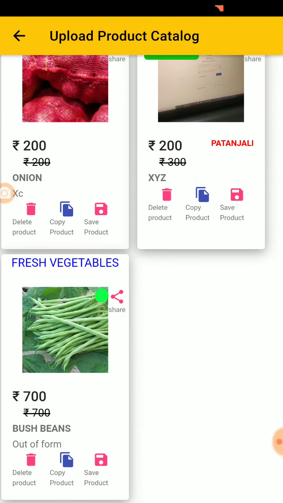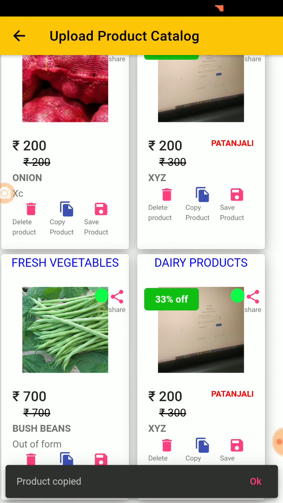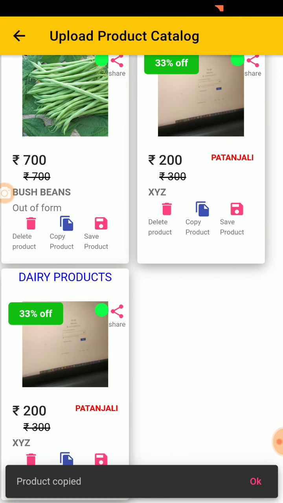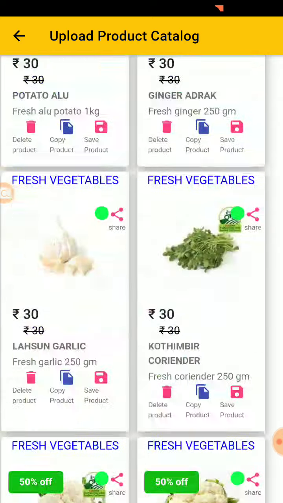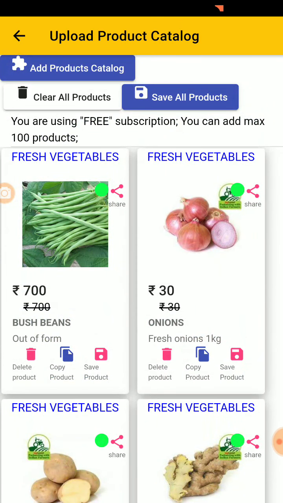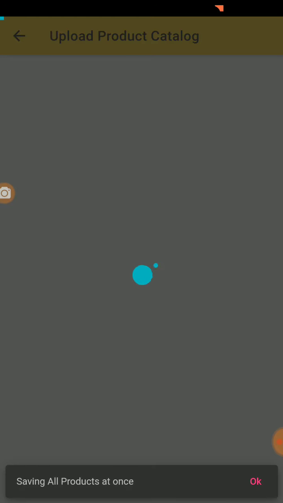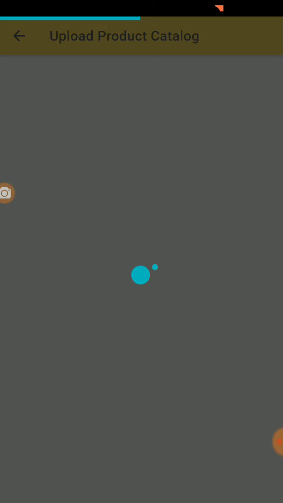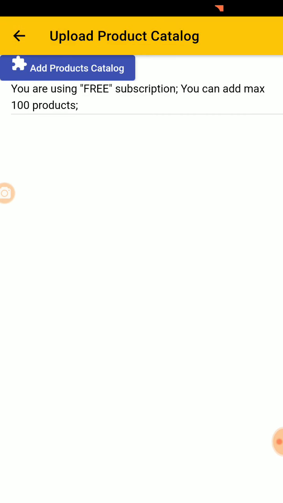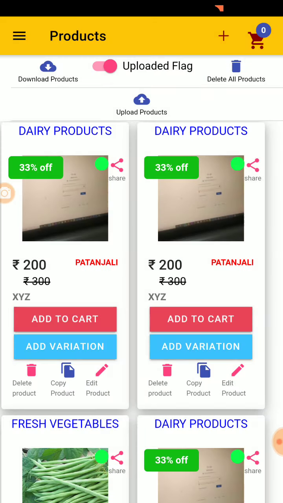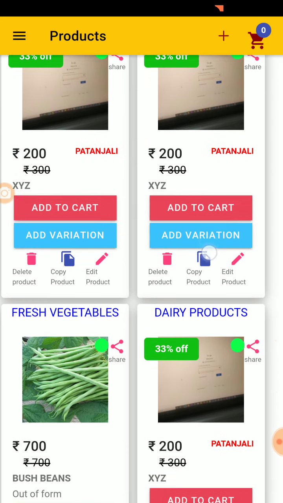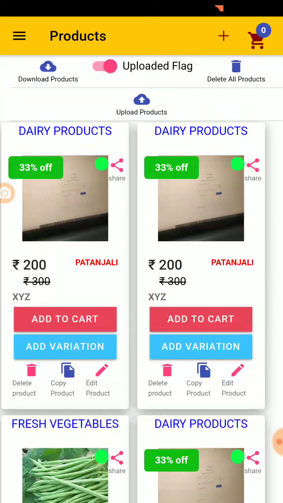For example, here I am copying a product, so the product will be created automatically. You can save one product at a time, or you can save all products. I am saving all. The products will be saved and users will be able to see them. So the products are now visible. This is a kind of bulk upload.